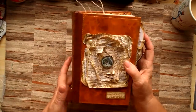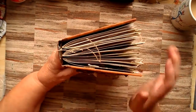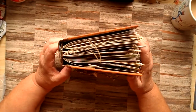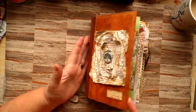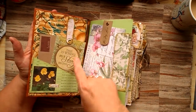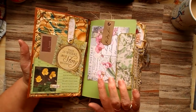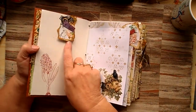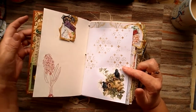Anyway, so it's got 3 signatures in, and each signature's got, I think, 12, so it's 24 pages in each signature. So when we open it up, I've just got a little tiny pocket there with a couple of journaling cards, a really nice rose postcard there, some lace there as a turnover, a little tiny bird cluster there, and then